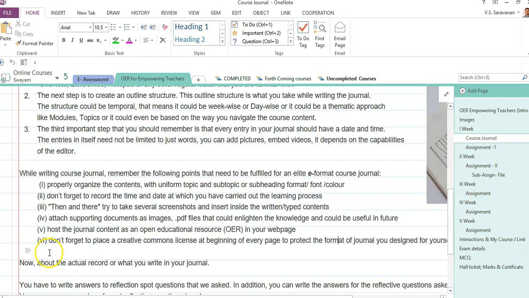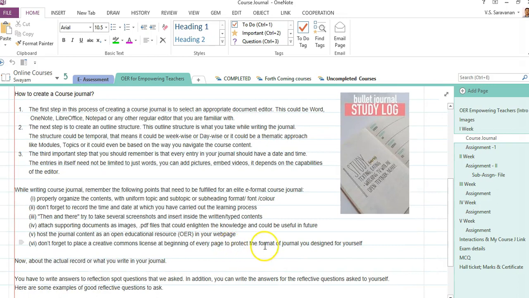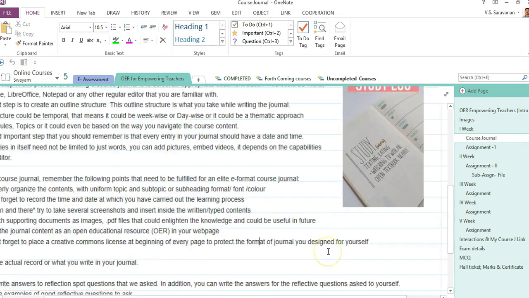The final point is, don't forget to place a Creative Commons license at the beginning of every page to protect the format of the journal you have designed for yourself. So it's very important to go for a Creative Commons license so that you can protect the format you have designed.